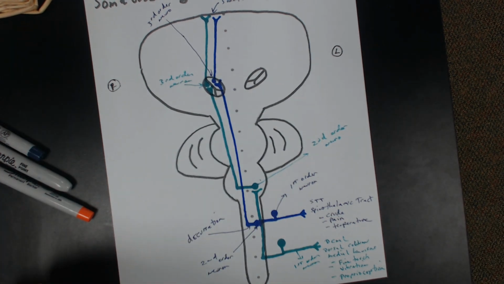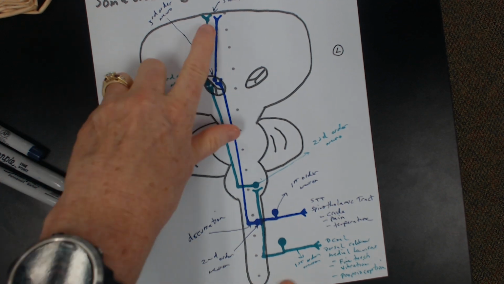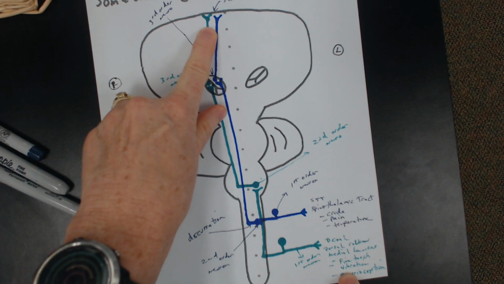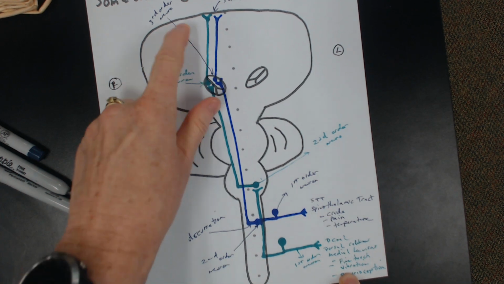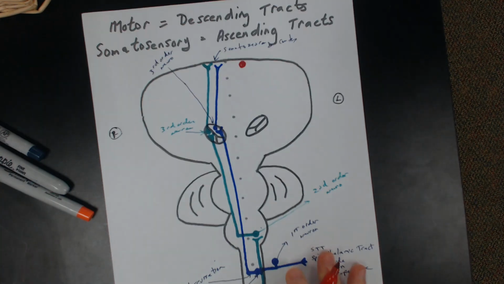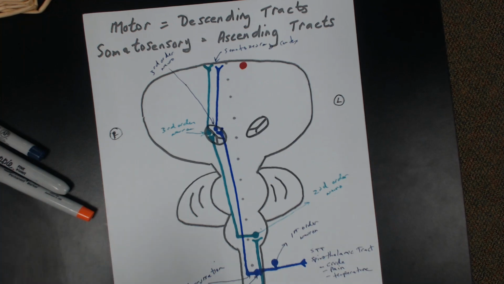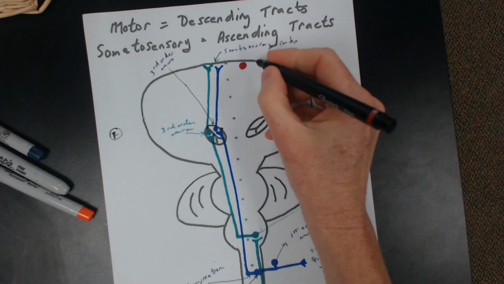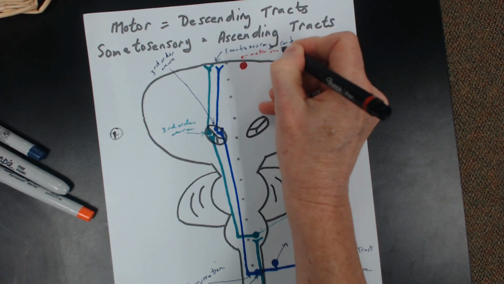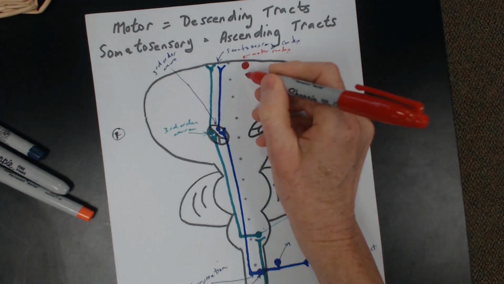Now, let's look at the motor system, and I'm going to draw the motor on this side. Again, you can see that if there's a lesion on the right side of the brain, it's going to produce symptoms on the left side of the person's body. Now the motor system: here's the neuronal cell body up here, in the motor cortex. You have a neuronal cell body in the motor cortex, and it's going to send out an axon